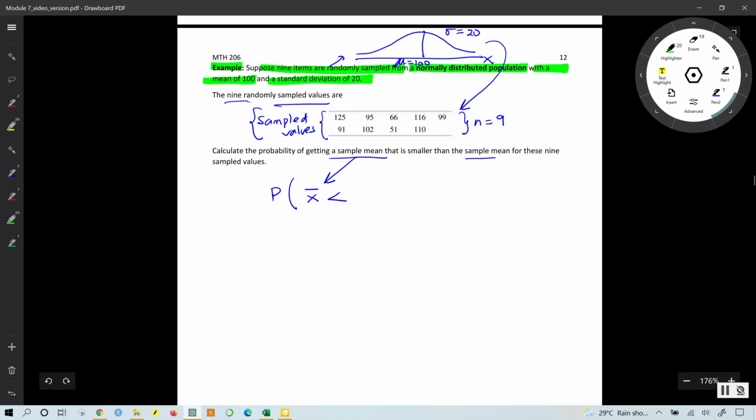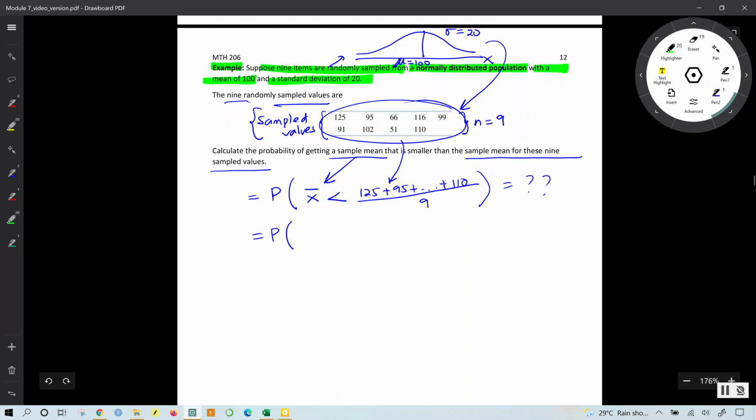So this descriptor here, the sample mean for the 9 sampled values, will be to add up all of these data values, 125, 95, up until 110, and divide by 9. This is the probability we want to find. Step 1, I'll find probability of x bar. I'm interested in what is the actual sample mean for these values. If you compute this, you should get 95. So we want to compute the probability of sample mean